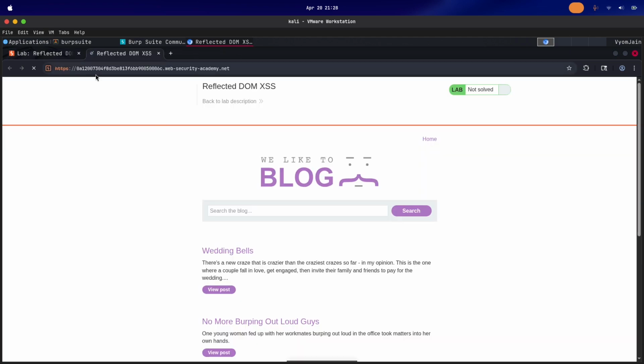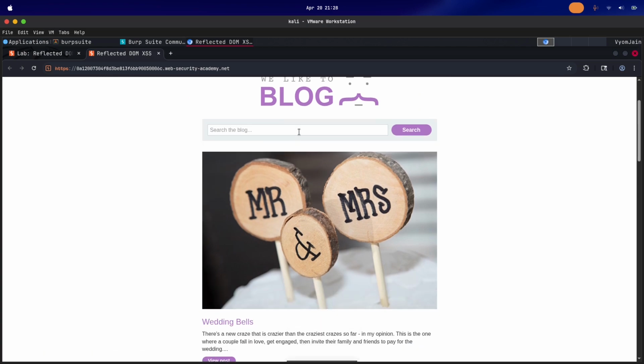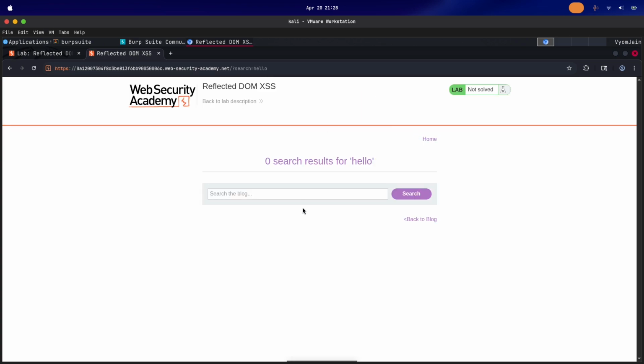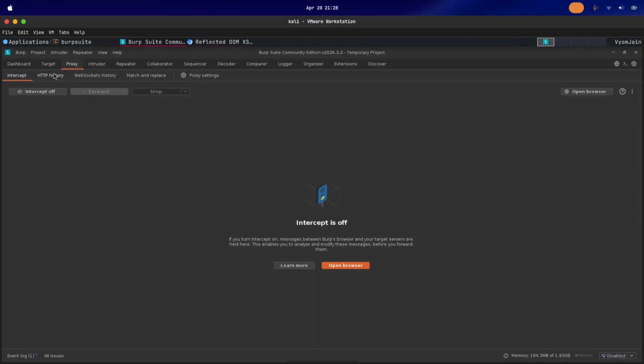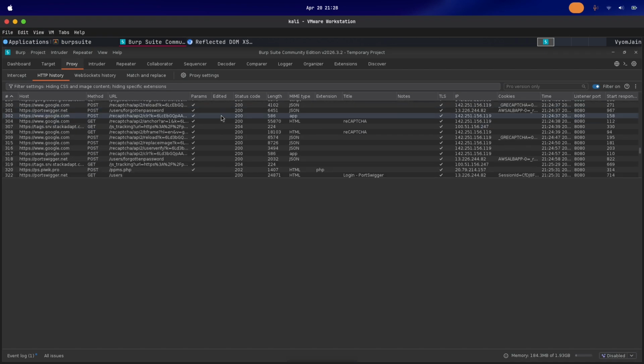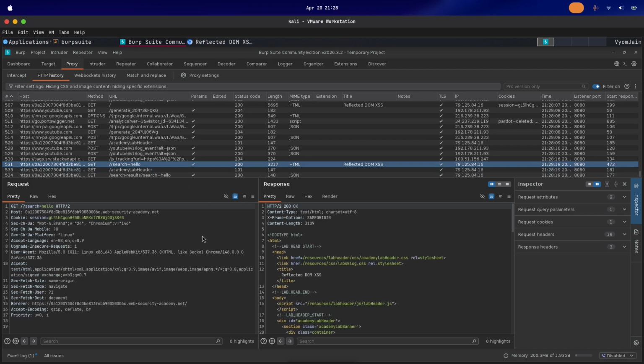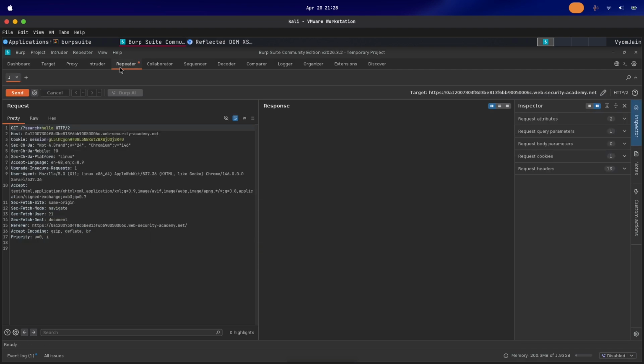If we search again hello here, in Burp Suite if you see the history, if I send this to the repeater,